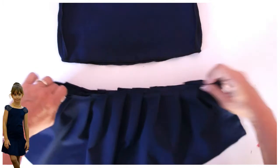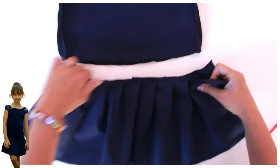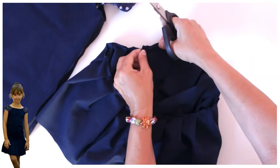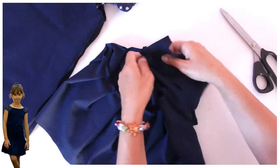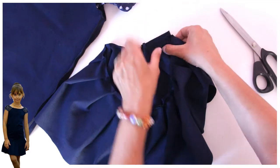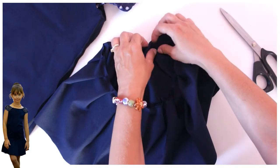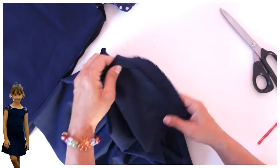It's always better if it's a little bit longer, so you don't end up with not enough fabric. And then you want to make sure that the join you have lies underneath one of the pleats. So I'm just undoing mine a little bit so I can put my fabric against that, making sure that my seam is actually hidden by the pleat. And then I just grab that with my right hand. It's very simple, and I can now sew that together